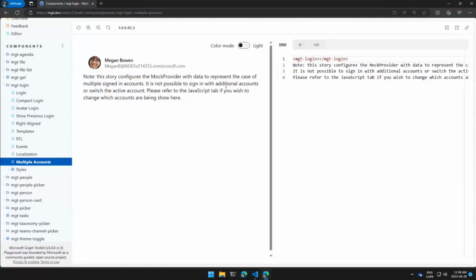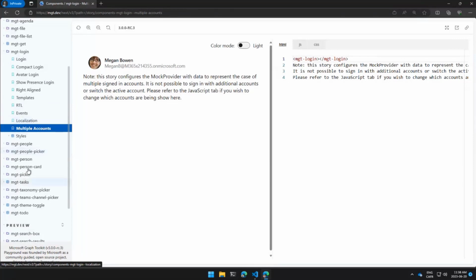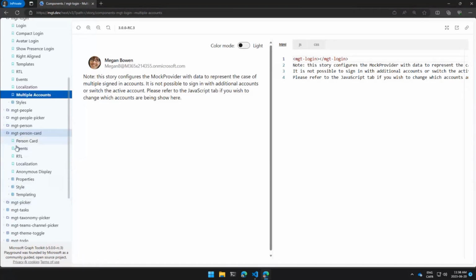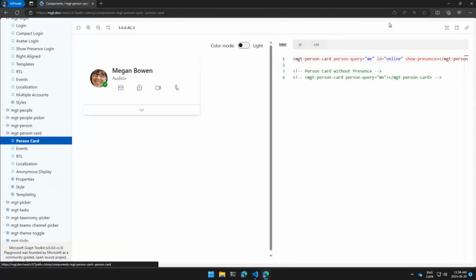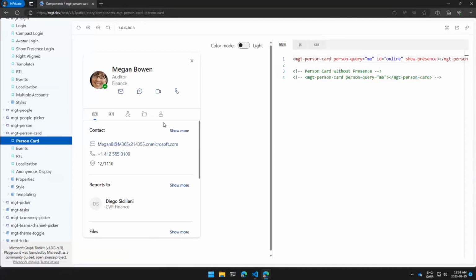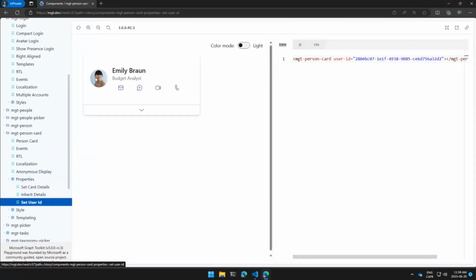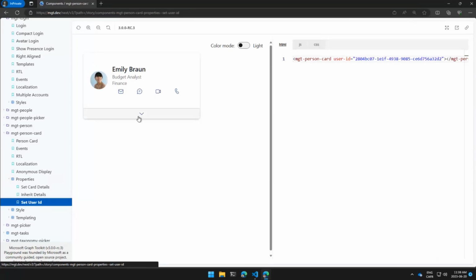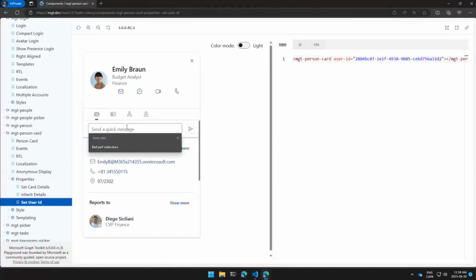The last one is our in context of sending messages. So for example, now if I go to my person card, and so this will showcase my own person card. So I'm Megan. If I go here, it's going to load some of the added capabilities. I will not find a send message function here. Why? Because I'm Megan. I don't send myself messages, even if sometimes I actually do send myself messages. But in our case here, let's say, and I'm going to set a user ID here where we're going to actually have Emily here, where I will be able to send a quick message to Emily.